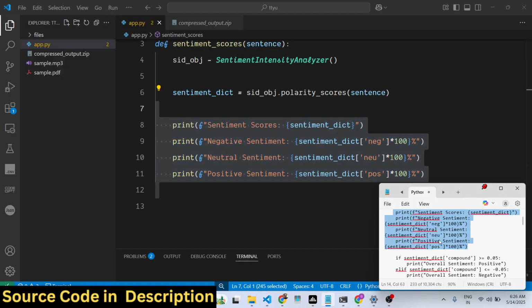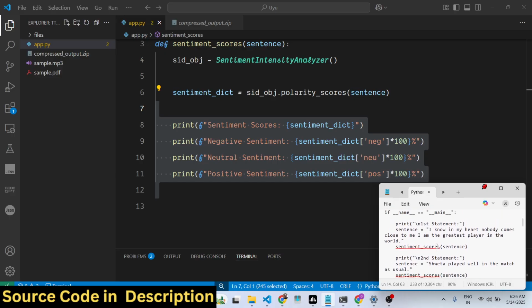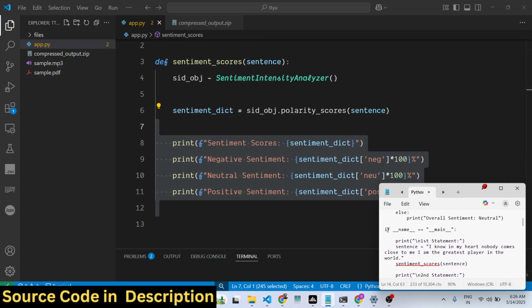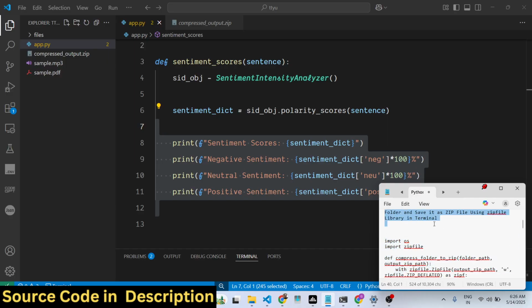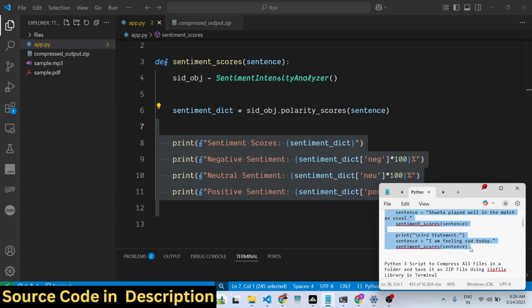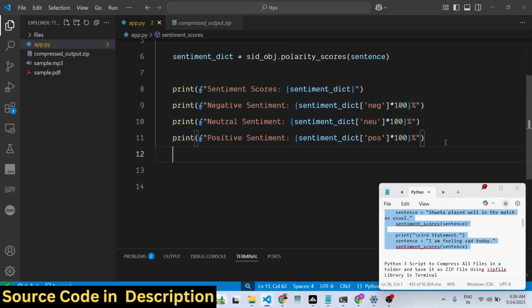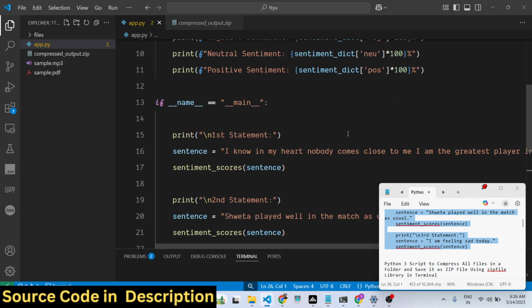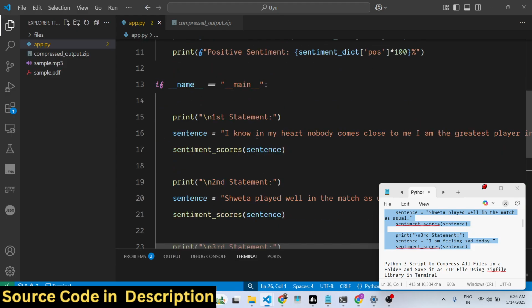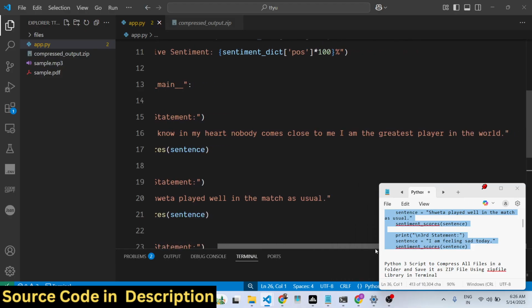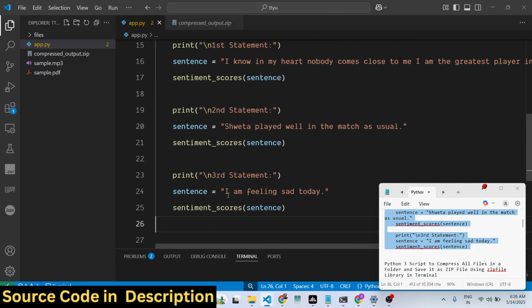And now we just need to call this function. So we will basically take three examples of sentences. So I will call this function inside the main function. So right here we are providing three sentences. Again, you will see, I know in my heart nobody comes close and I'm the greatest player in the world. I am feeling sad today and Shweta played well in the match. So if you run this script here,